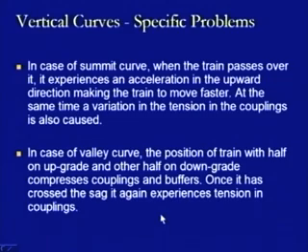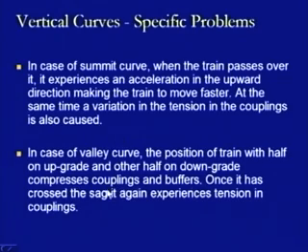Similarly, when we talk about the valley curve, the position of the train with half on the upgrade and the other half on the downgrade compresses couplings and buffers. Now, in this case we are talking about a curve like this. So, this is a valley curve. In this valley curve, if half of the train is on this portion and half is on this portion, then, as we have seen, there is a bunching effect, everything is coming very near to each other, and in that condition there will be compression of the couplings as